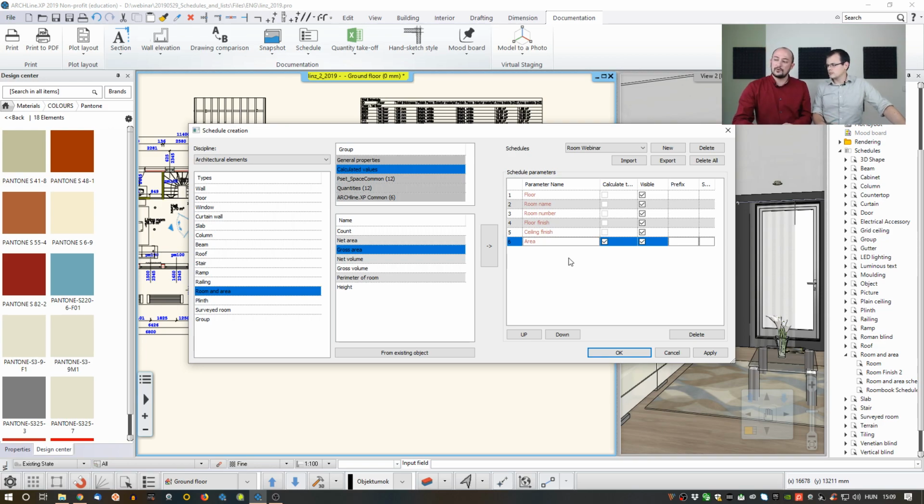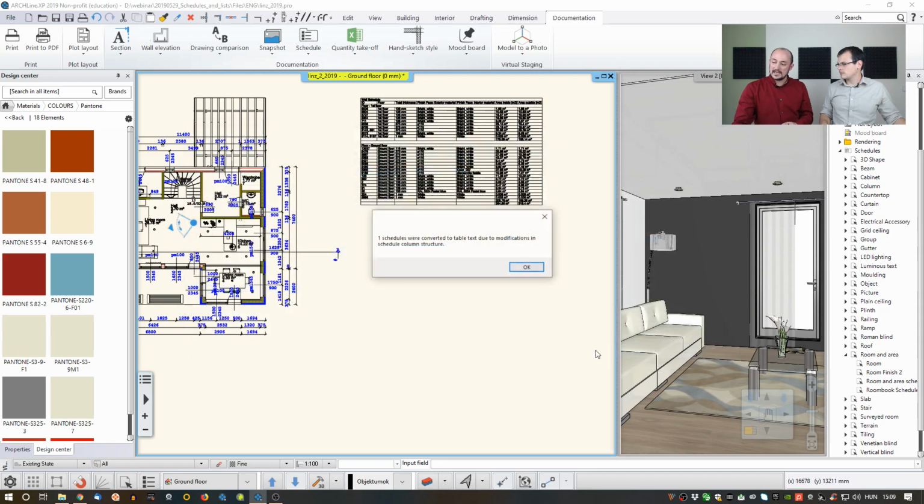And just as you saw before, if there is something that permanently or temporarily I don't want to use, I can just disable that. I use that for the style, so there is the visibility option as well. So now I created something called the room webinar schedule. It is stored in this specific schedule type. So when I hit OK,